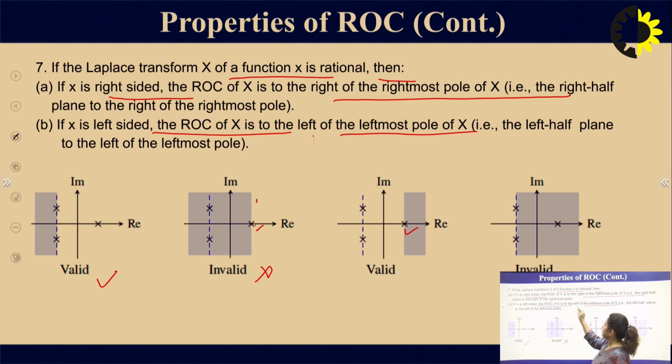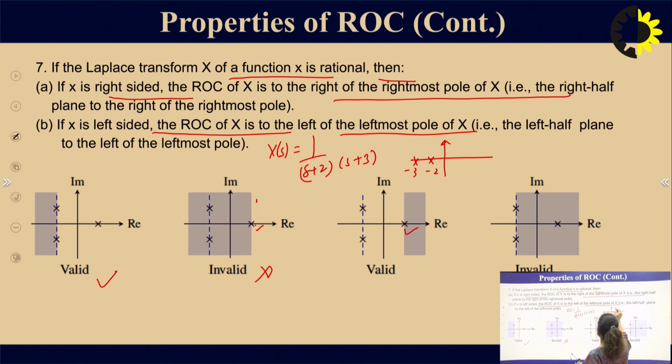We will see here, suppose X(s) comes out to be 1 upon s plus 2 or s plus 3. So we see here the number of poles existing on the sigma axis, that is, suppose one pole exists at -3 and another pole is existing at -2. We have this one line, and one this line. So if both the signals are right-sided, it is to the right of the rightmost pole, this one region. If both the signals are left-sided, it is to the left of the leftmost pole, this region. Not both the things are combined or both the poles exist together. Similarly, for greater than -3 and less than -2, if it works, then there will be an ROC in between the two strips.